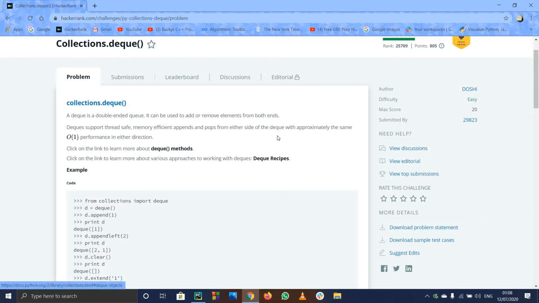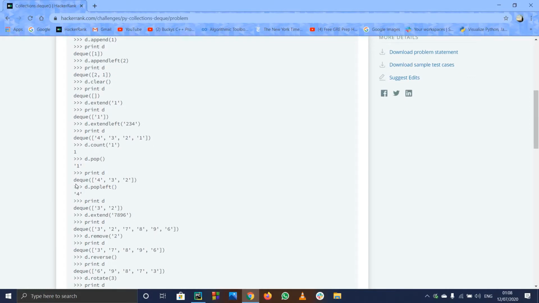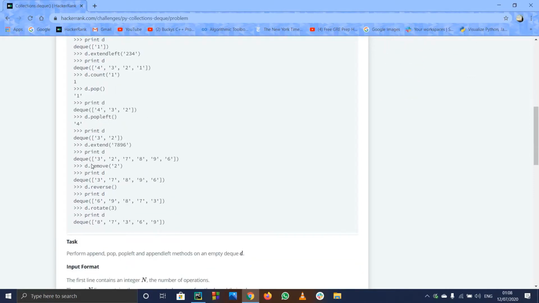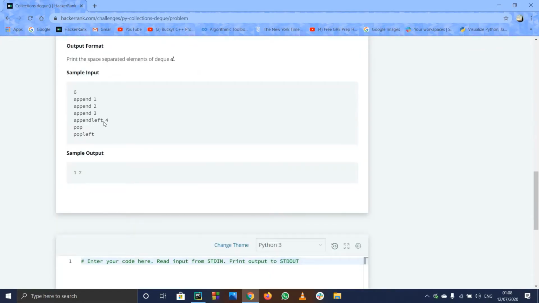So by using this deque, we can append to the left as well. We can pop from the right generally, but by using deque methods, we can pop an element from the left as well. And normal functions like clear, d.clear, d.remove and all are common with the list that we use. So these are the new functions actually: appendleft, popleft, and all.